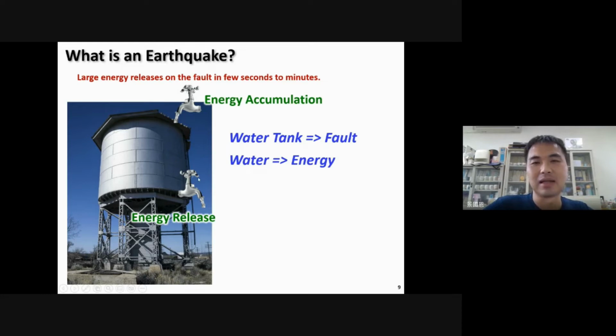So if we assume the water tank as the fault, then the water will be the energy occurring in the earthquake. If we are refilling the water, it means the energy accumulation on the fault,